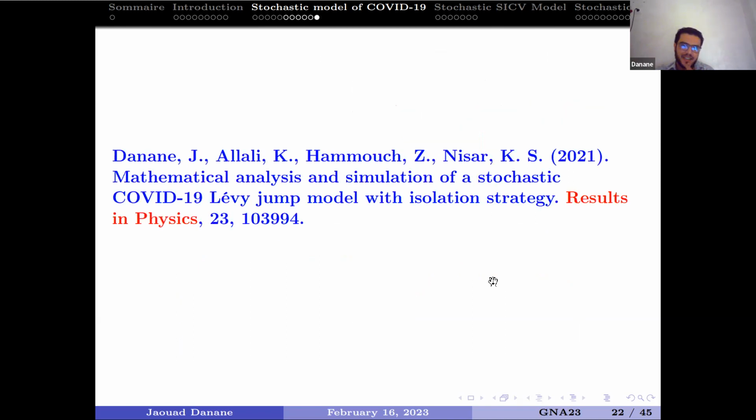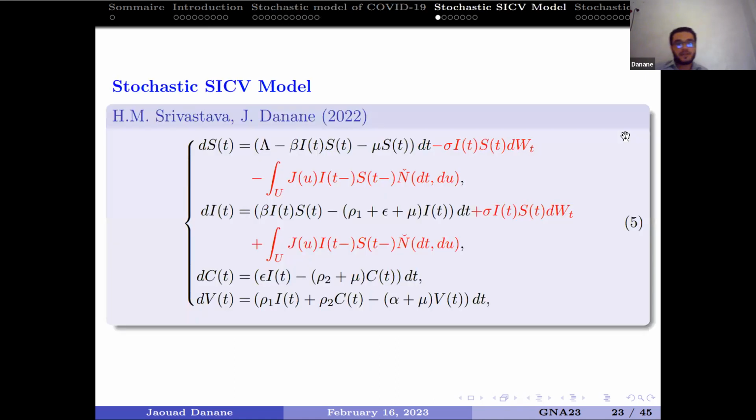the strategy of isolation and the impact or influence of the isolation strategy on the population when we have the infection of COVID-19. This result can be found in the paper in the journal Results in Physics, published in 2021. So that is the first part. We finished the first part of my talk, and the second part is